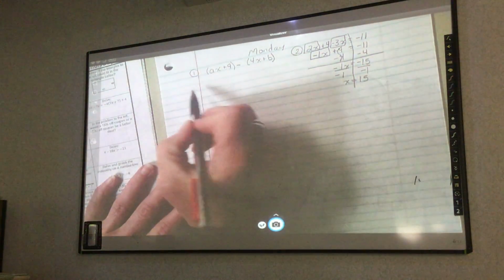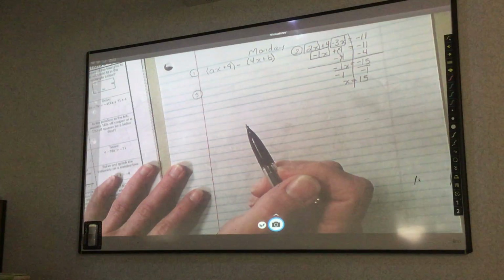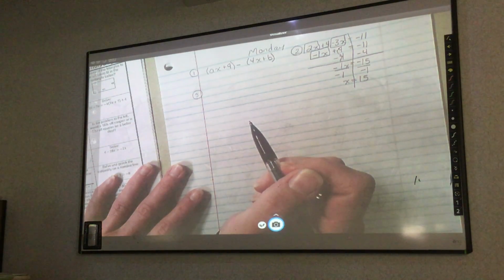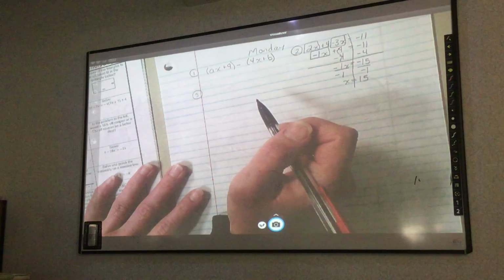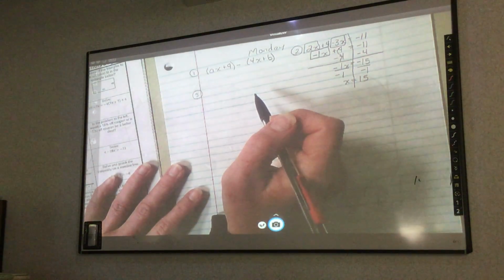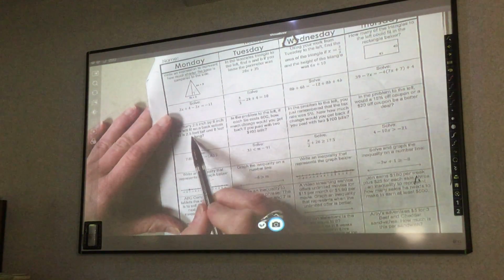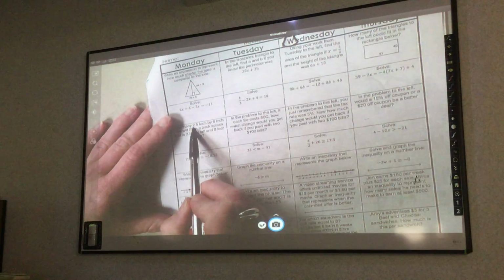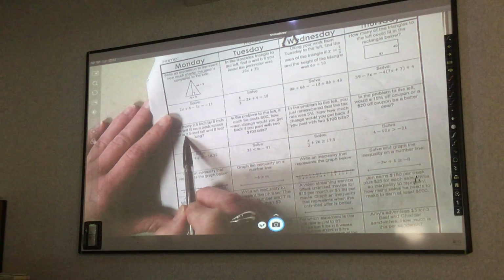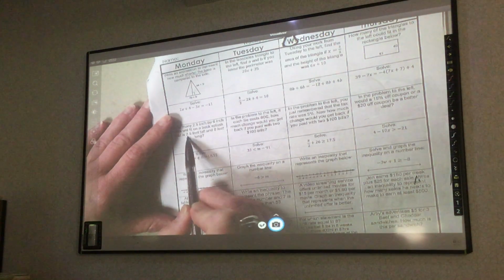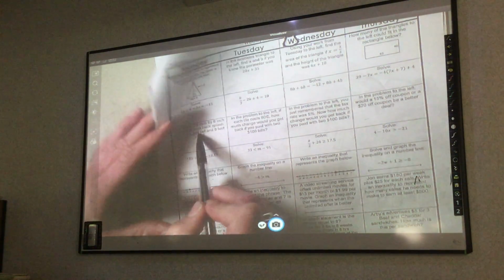Number 3. How many 2.5 inch by 6 inch tiles will fit on a backsplash that is 2.5 feet tall and 8 feet long? Okay. So what I need to first do, I'm in inches, right? But my backsplash is in feet. So I want to change all of this. Is it easier to change the 2.5 inches to feet, or change the feet to inches? Feet to inches. So I'm going to take the 2.5 feet,